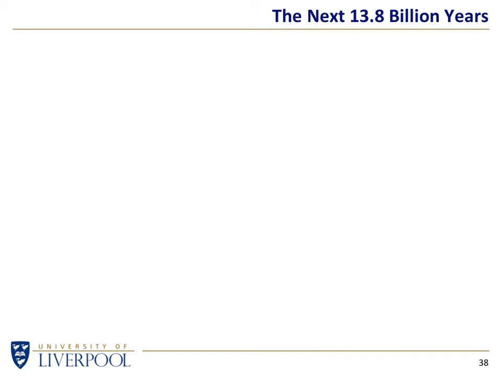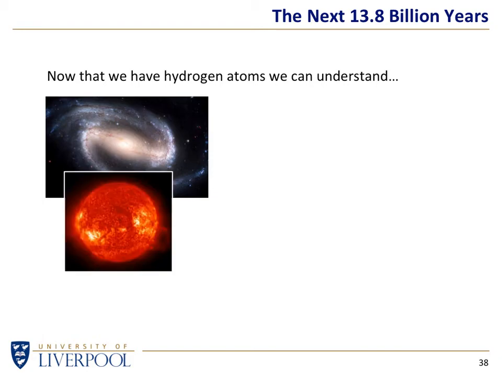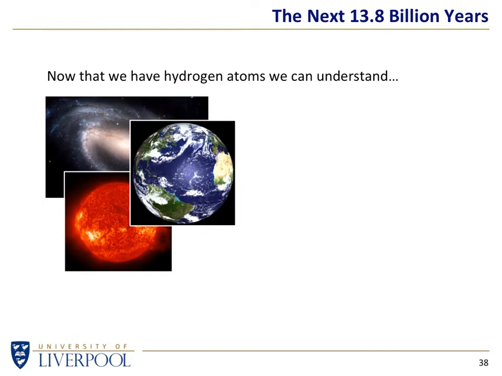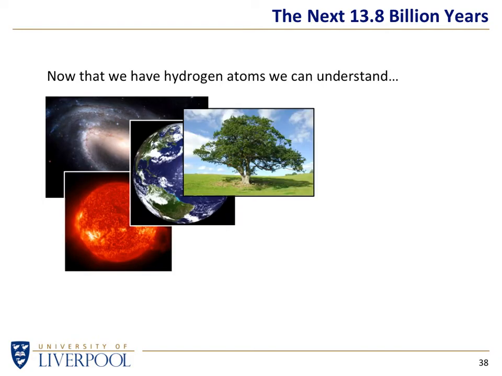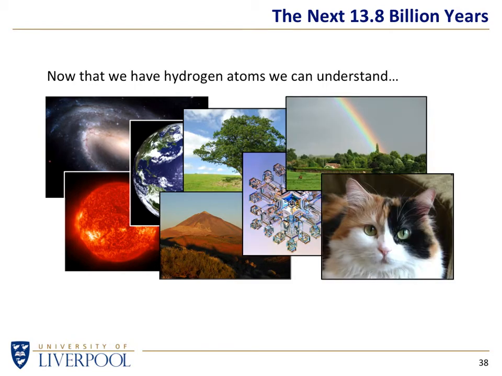The next 13.8 billion years, I said I would do that fairly briefly. The point is, 3 minutes gives you all the hydrogen you need. Once you've got hydrogen, that's pretty much it. Once you've got hydrogen, you can understand where galaxies come from, where stars come from, where planets come from. You can understand trees and mountains and snowflakes and rainbows and cats and... Okay, not cats. Nobody understands cats. But you can pretty much understand everything else. If you start with hydrogen,